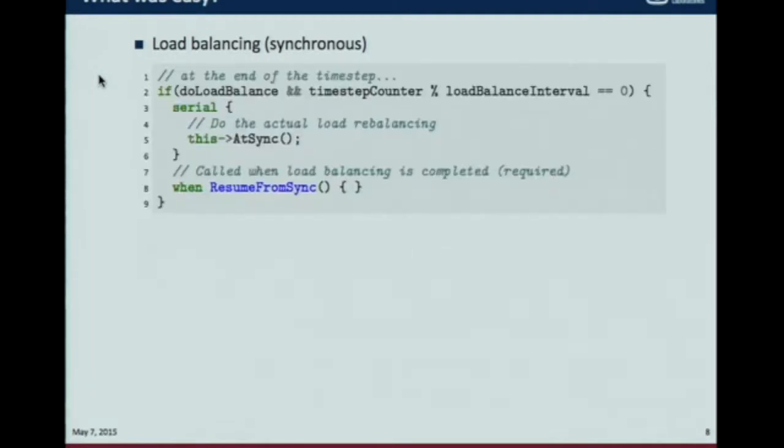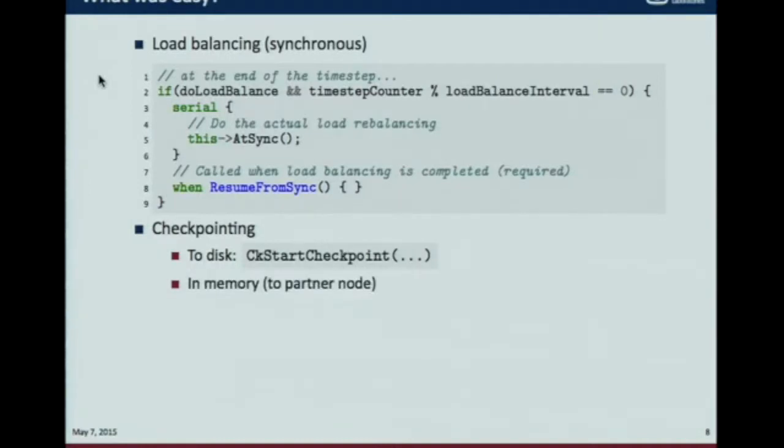The code for doing this, if you've never done such a thing before, is basically 3 or 4 lines in the CI file. You just stick it in: synchronous load balancing at the end of a time step. And checkpointing, similarly, is very easy. Once you have all the relevant objects serializable, PUPable, you just call it. Same thing for in-memory checkpointing,